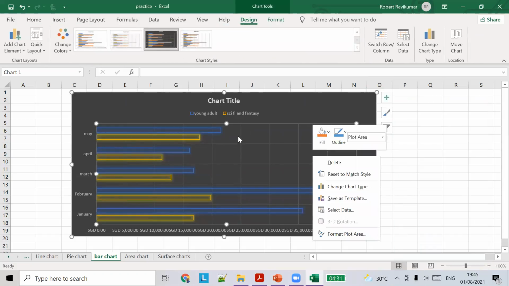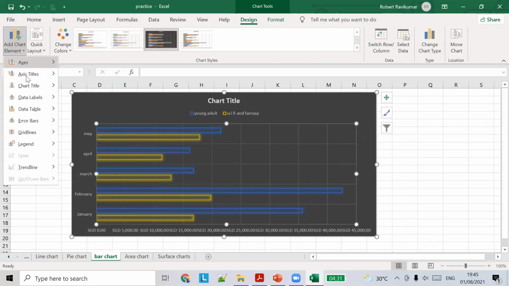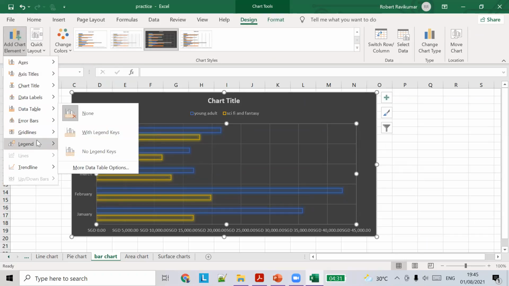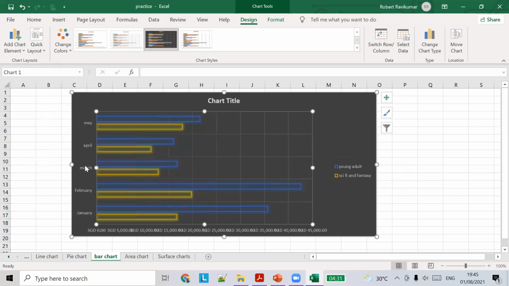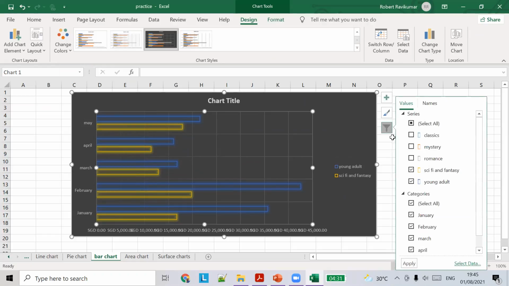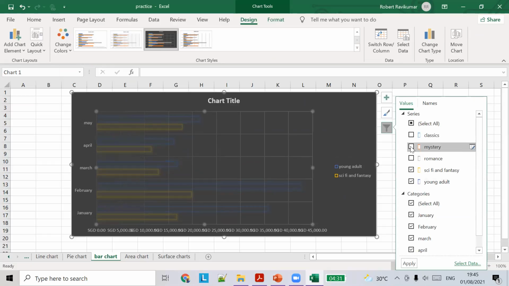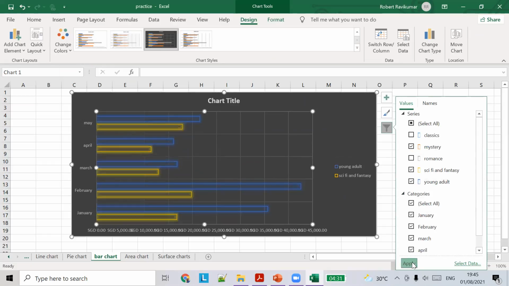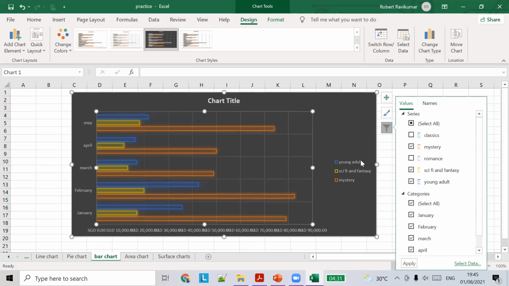All other data is gone. Now only young adult and sci-fi fantasy is shown. I have filtered out all the other data I don't need. If you want to add it back, click on it, select, and apply. You can see the mystery also added here.